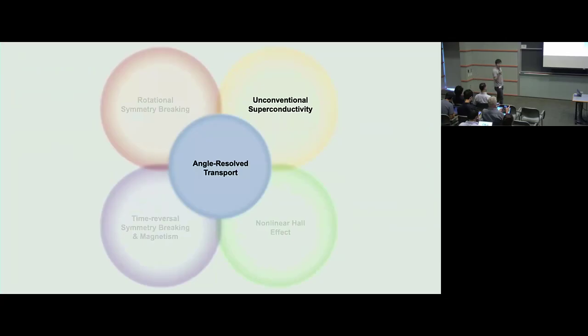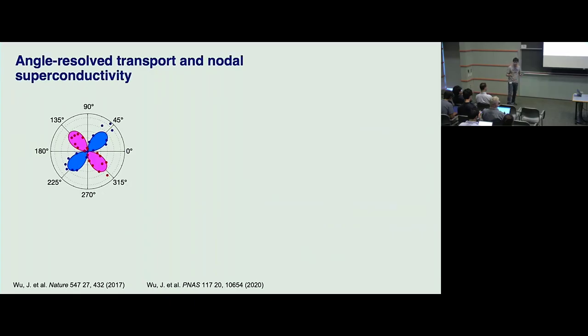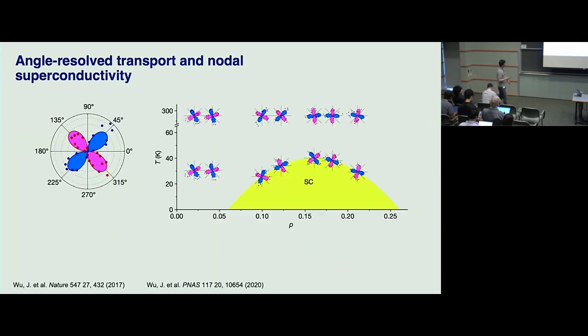Okay, so this technique has been used to probe potentially unconventional superconductivity in copper oxide, and this is also done by these two works before. What they do is look at the angular dependence measured in the normal state, right? This measurement had to be confined in the normal state because you need finite resistance to do this measurement. And in the cuprate superconductivity, they measure the angular dependence near the edge of the superconducting phase, that's in the fluctuation regime where superconductivity has already onset, and compare that with the same measurement